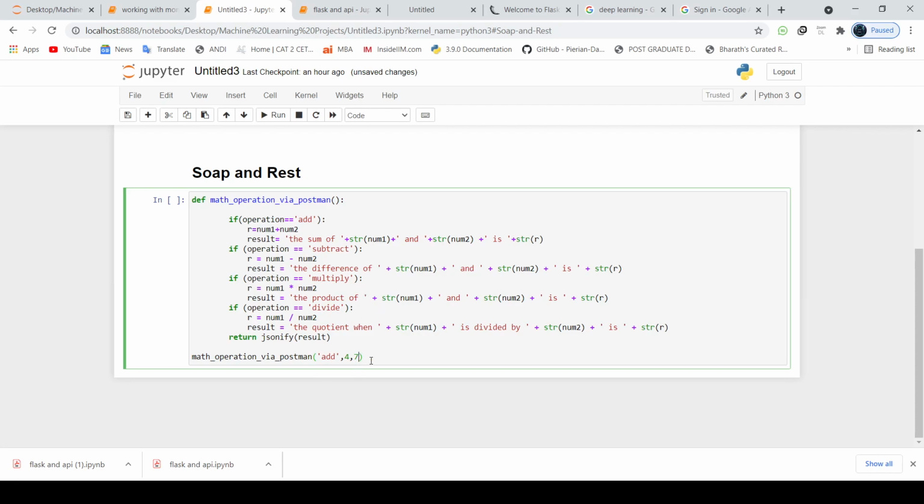So this will call your defined function and it will execute according to the operation which you have given in the parameter. This is a very basic function, but that's what I am doing in my PyCharm module.